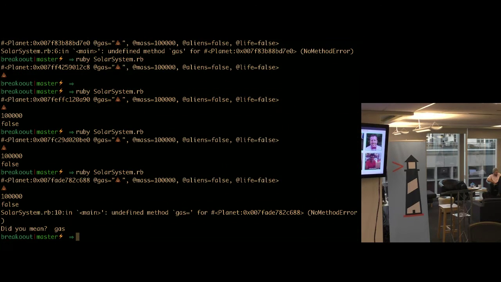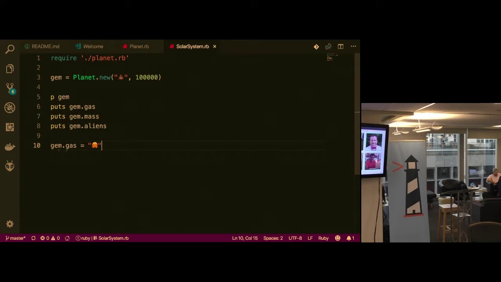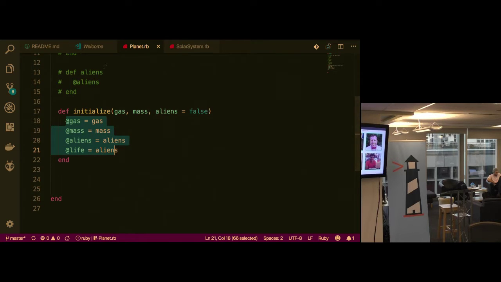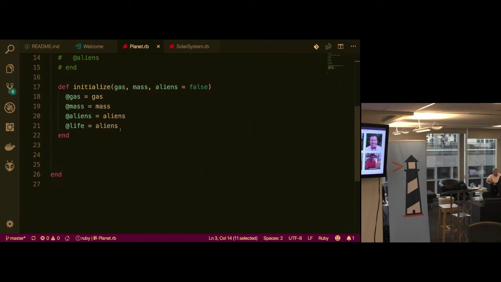Yeah, I only have it as a reader. How do I actually make this doable? How do I do it without the adders? That's a funny looking method.